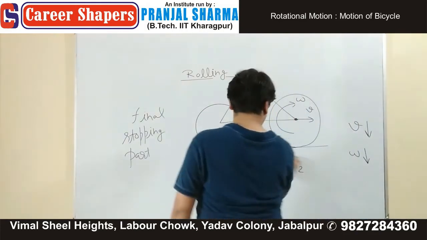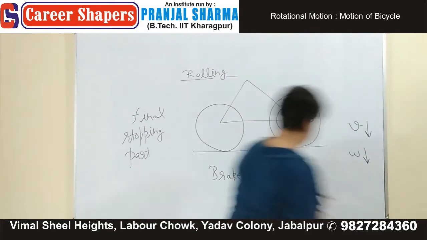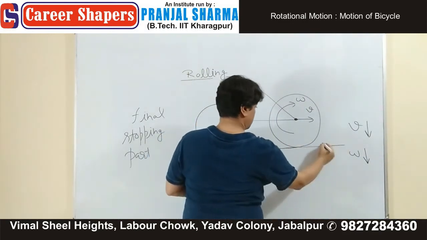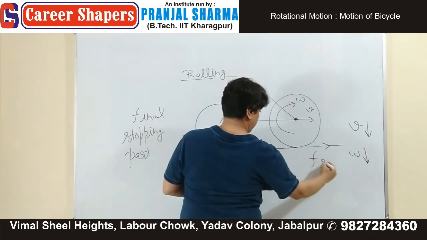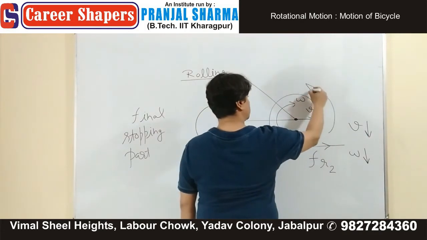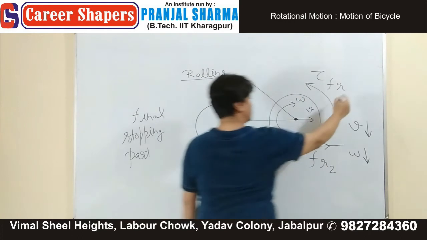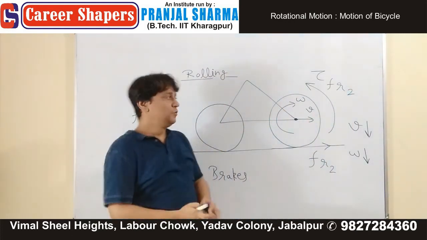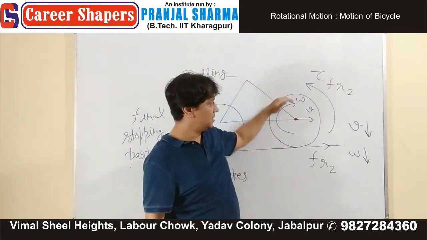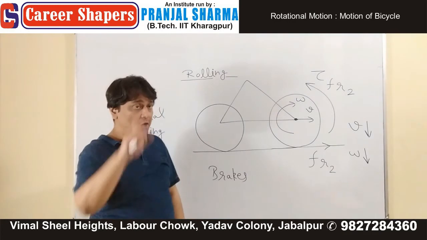It has to act like this. This is the direction of FR2. This FR2 will produce a torque in anti-clockwise sense, which is going to oppose omega. Look at the sense of omega being opposed by the torque of FR2. Now,